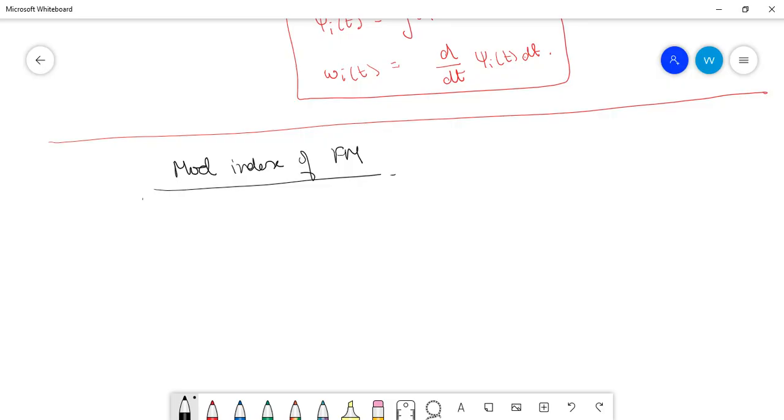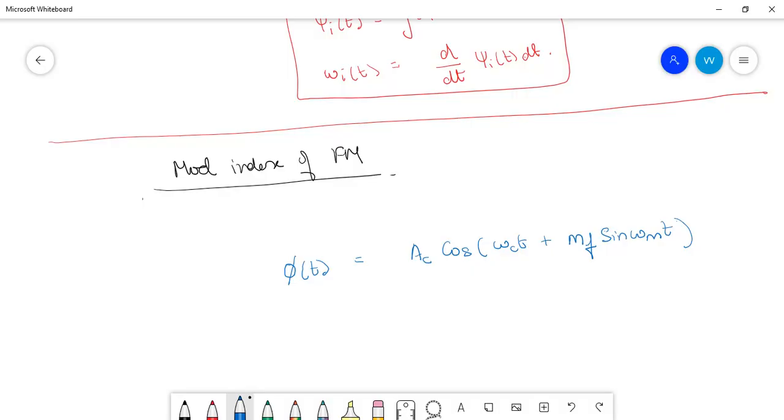Okay, so let us first take the general representation. Let us see that phi of t is basically AC cos(omega ct plus mf sine omega mt). Let us take a small example over here. All you can see is that you are basically changing the phase of the carrier, right? Because the modulating signal is modulating the phase part of the carrier.